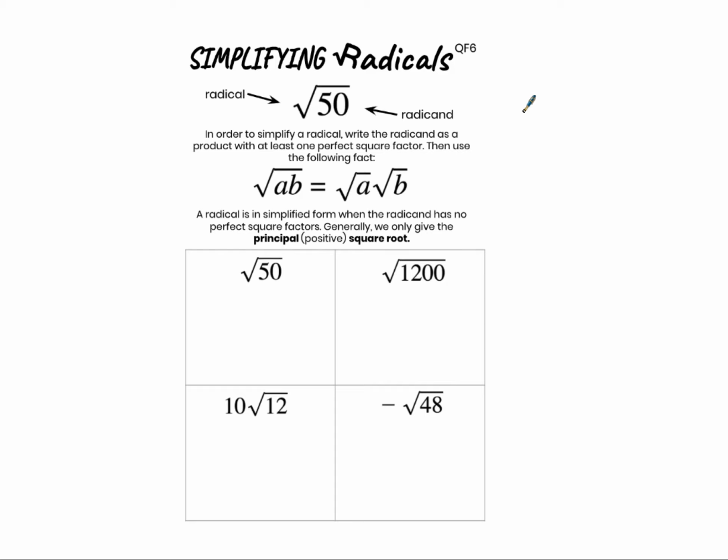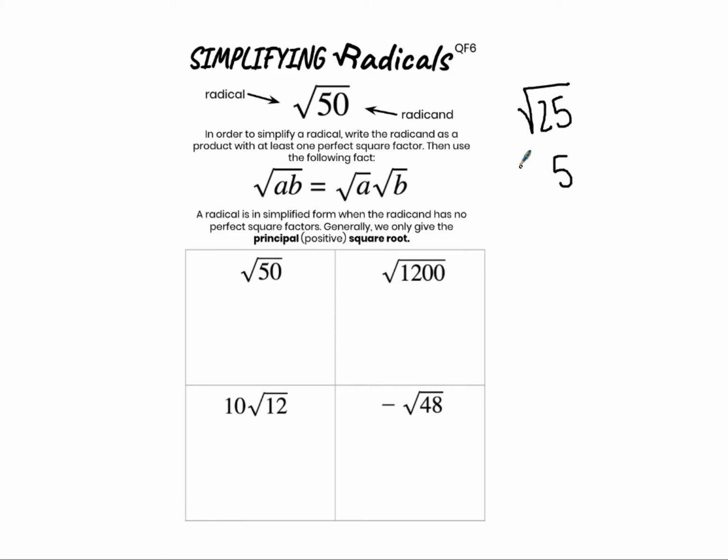When I am given a radical expression, such as the square root of 25, and the number underneath the square root symbol, which is called the radicand, is a perfect square, I'm able to evaluate this expression. So what number times itself equals 25? The answer is just 5. 5 times 5 is 25, where I'm only giving the positive root